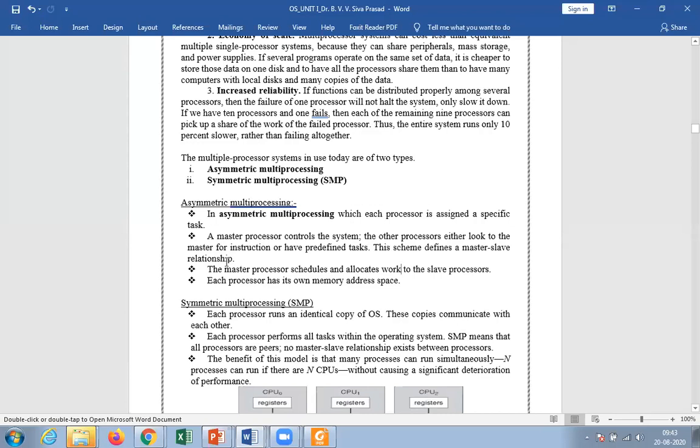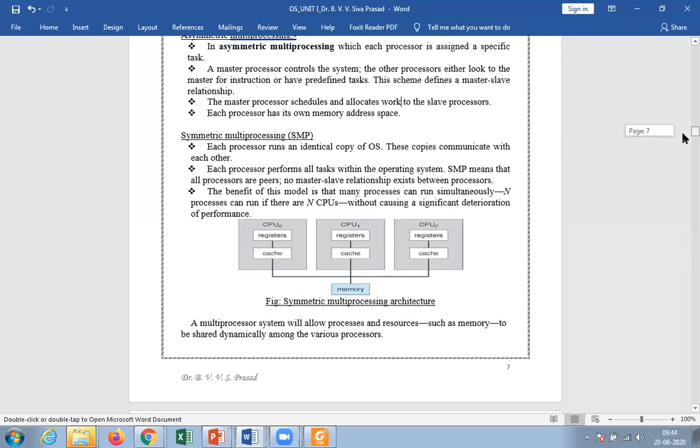And the master processor schedules and allocates work to the slaves. In our example of 10 processors, the one master processor is going to schedule and allocate work to the remaining 9 processors. Each processor has its own memory and address space.